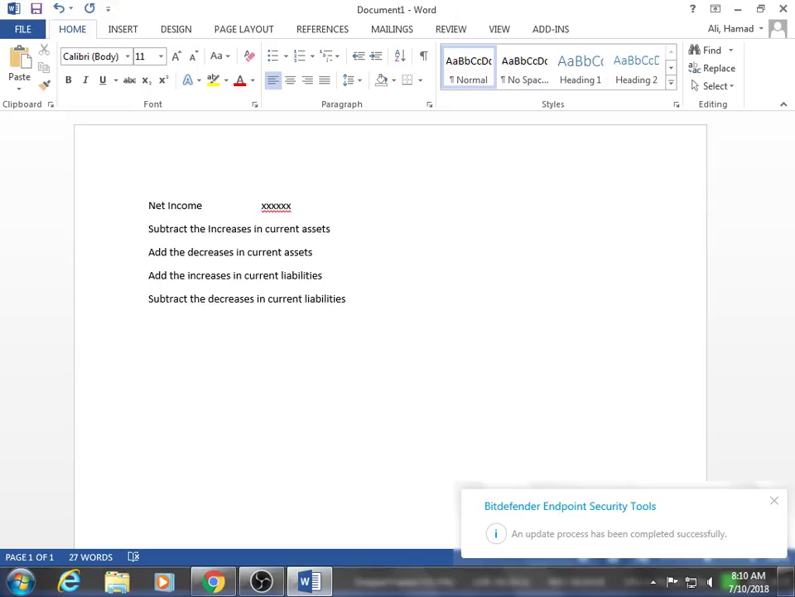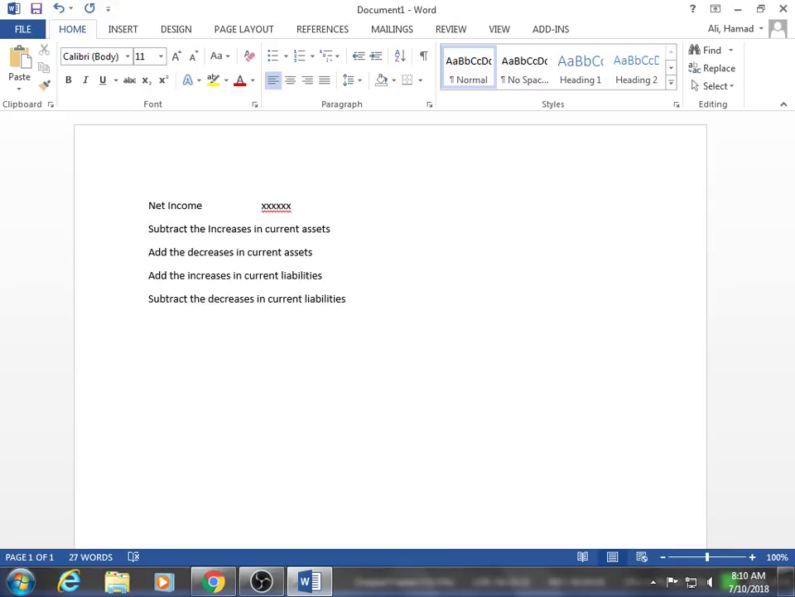Okay, so with the current assets, it's an opposite correlation. You add the decreases, subtract the increases. With current liabilities, it is a mutual correlation with the net income. You add the increases, subtract the decreases. You got it? Yes, sir. All right. So with these rules, let's go back to the exhibit on page